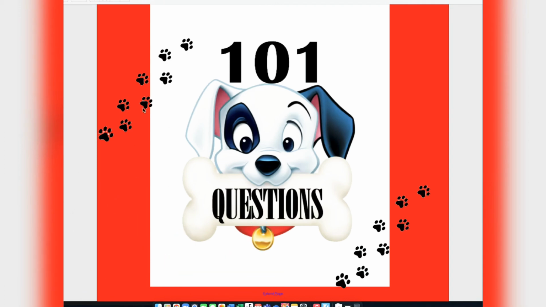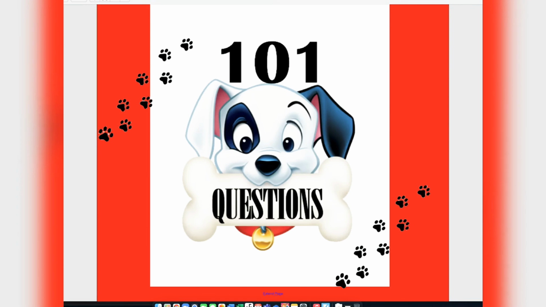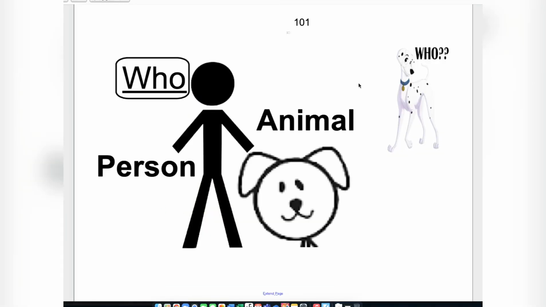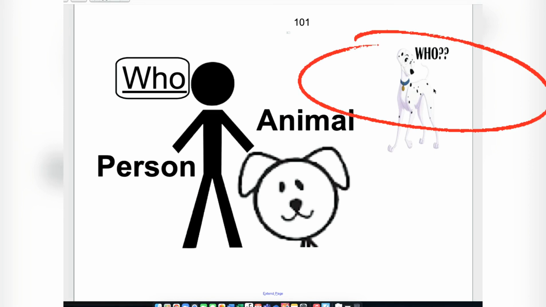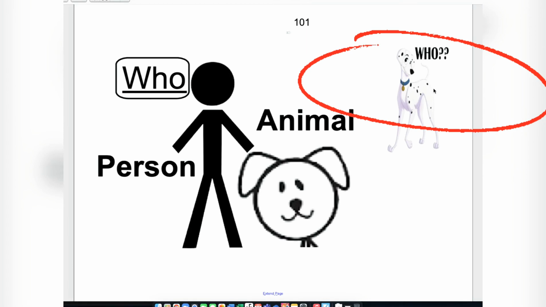So I start off with describing the fact that all the Dalmatians are very curious and they have come and invaded the room and they have so many questions. And I start off by asking them, who is making all of that noise? It is the who puppy. Oh my goodness. What does he really want to ask?